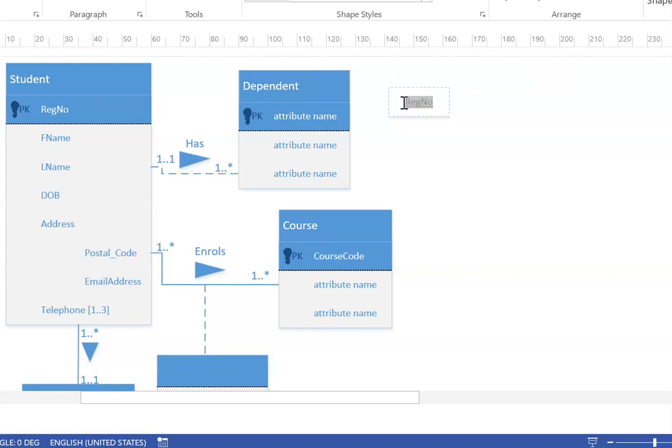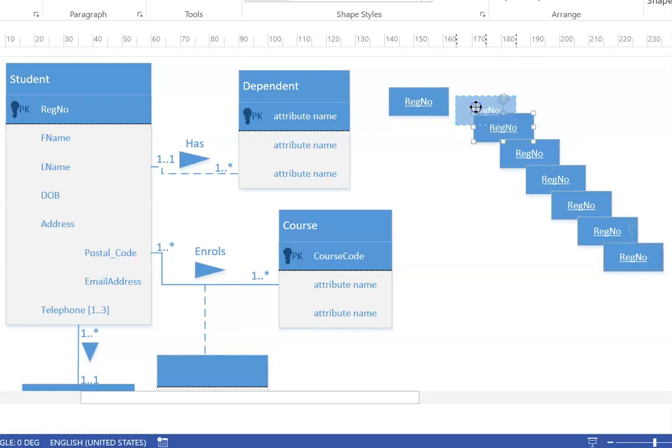So we have a reg number, and then I'm trying to create a schema. We have a first name, and then we have a last name, and then we have a date of birth,